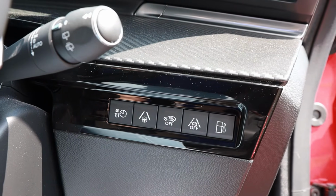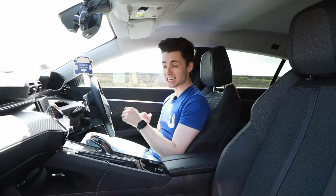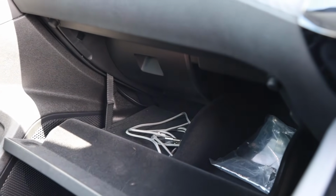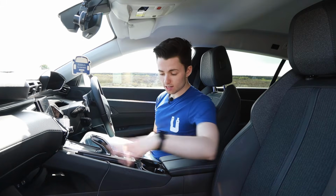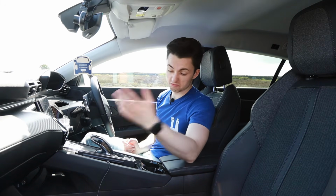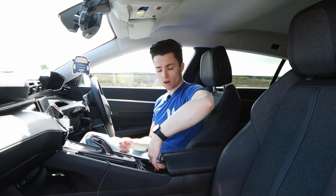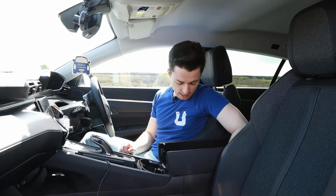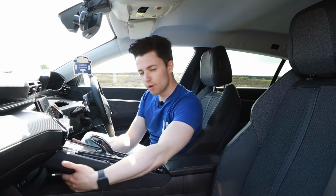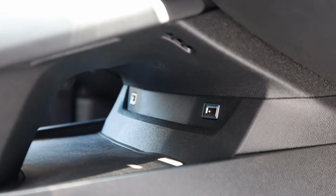The interior is excellent because it's well put together, the material choices are very good, and it's surprisingly practical. You've got an excellent large cubby holder here on the centre console with a 12-volt socket in it, and that's definitely deep enough to put, I don't know, a phone, a few bits and pieces. You've got quite a large centre armrest here, which is deep and has an aux connection in it. And below this portion of the centre console, you've got a USB port on either side, which allows you to